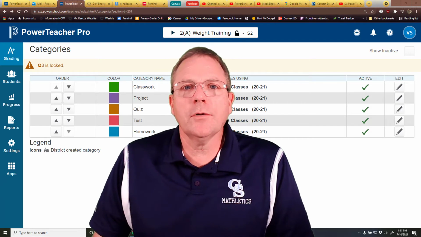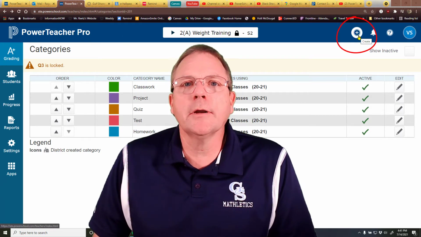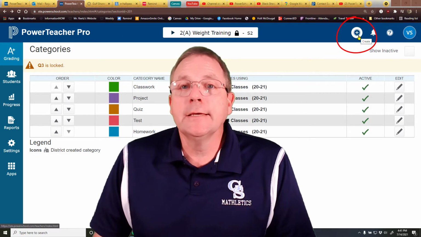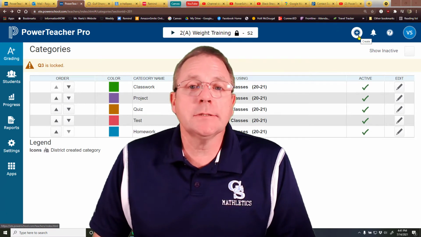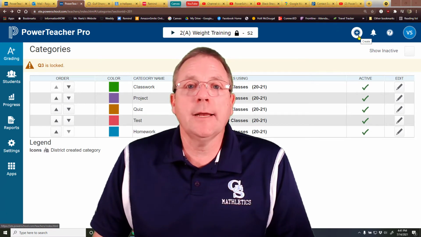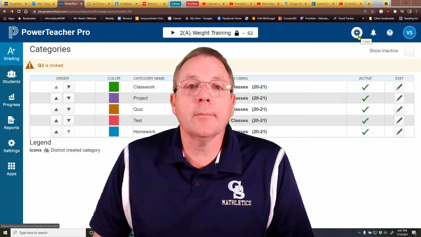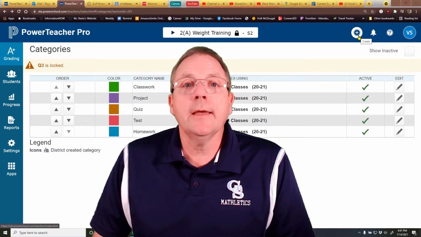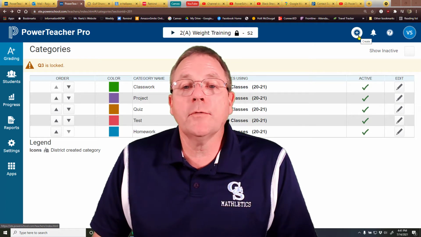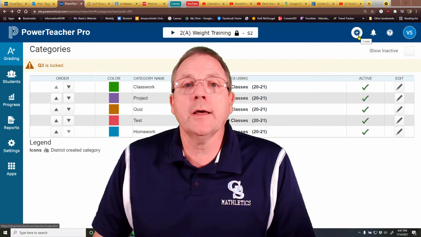Alright, the next thing we're going to learn about is this magic little plus button up here on the right hand side. This is a button that we use to add assignments. This is a button that we use to add grading categories. This is a button that we use to add emails, one of my favorite things in the world to do. And this is a button that we use to add observations, where you can actually log an observation of something